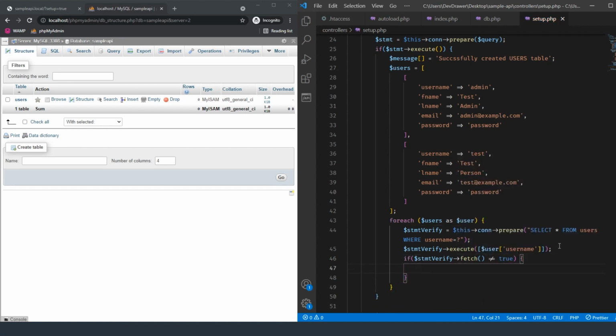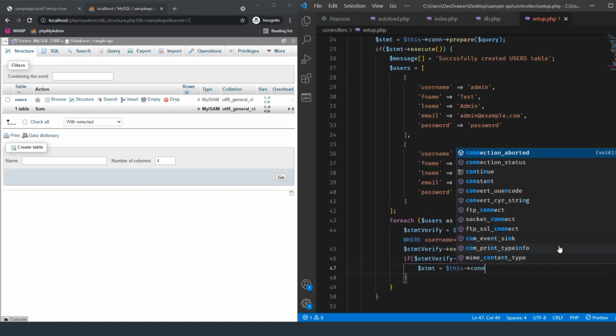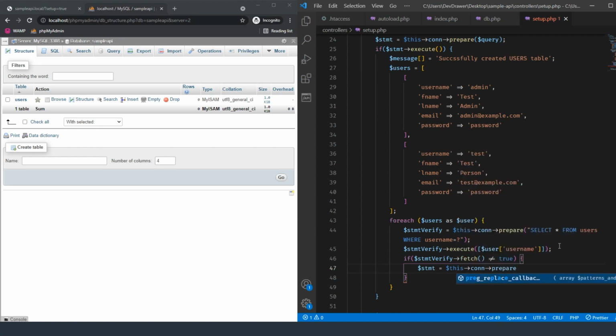So if it doesn't exist, we want it to run an insert statement. So now we can do statement equals this con prepare, and then we're going to add in our SQL code here. So insert into users, and we want to insert the username, fname, lname, email, and password, and active. So we want to insert those